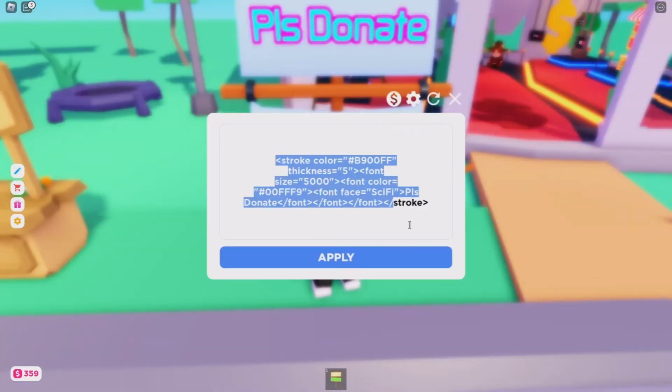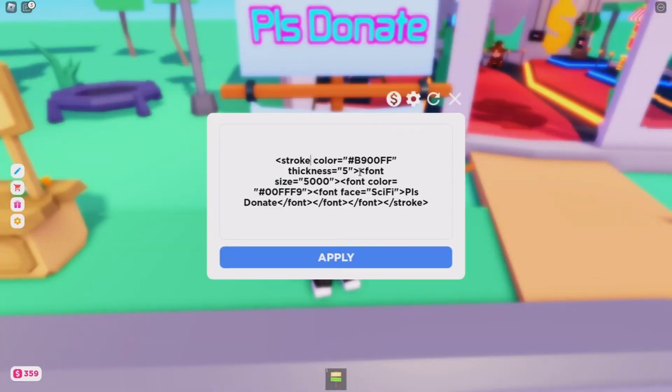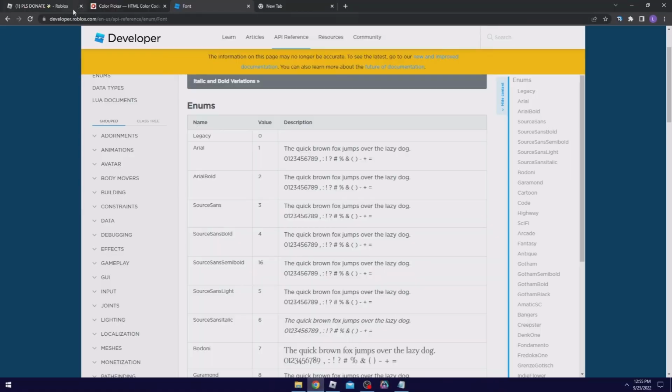Alright, so let's say you want to change the font of the text. Yes, you can do that. It's really quick as well. As you can see, the sci-fi, you want to change that. In my description, the second link will take you to a bunch of fonts, and I'm going to explain that in a minute. When you get to the link, it should say developer.roblox.com, and it should take you